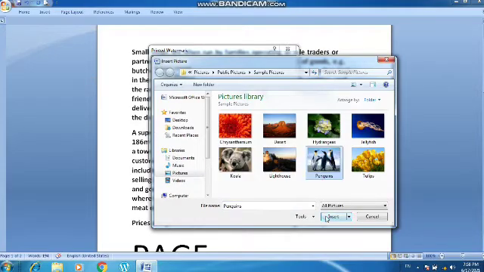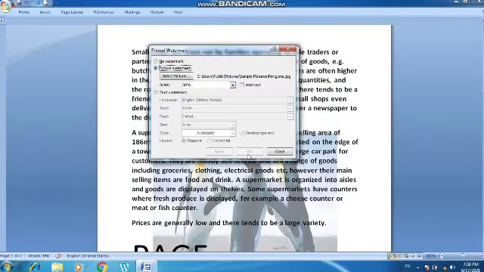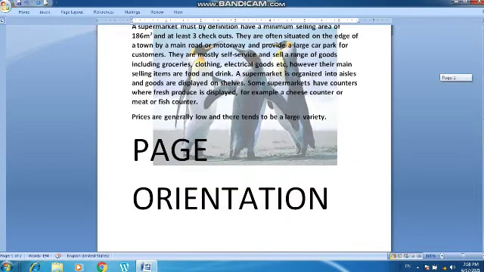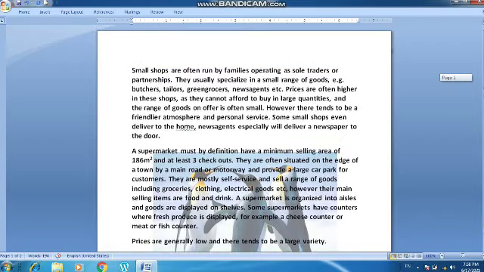I am clicking this one and clicking on insert, and here you can set the scale, the percentage scale, how much you want it to be visible. So I am choosing 50% right now and clicking on apply. It will be applied on your document. So you can see that there is a penguin image which is coming behind the text. So this is how a watermark of your own can be inserted.